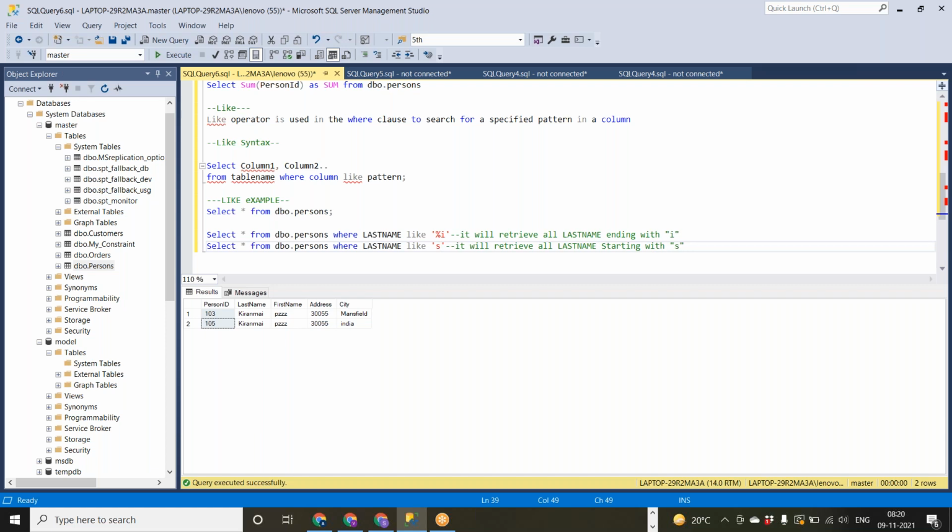I'll ignore it. So after this, you need to give the percentile symbol.